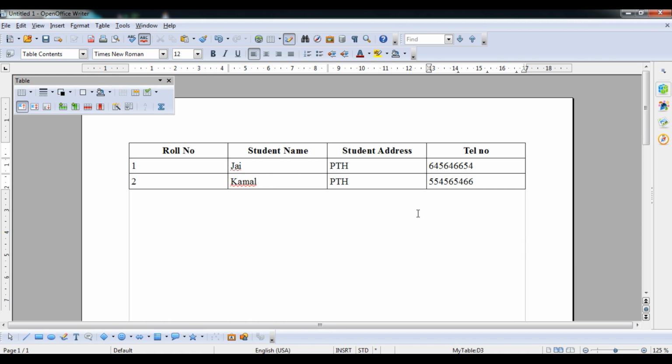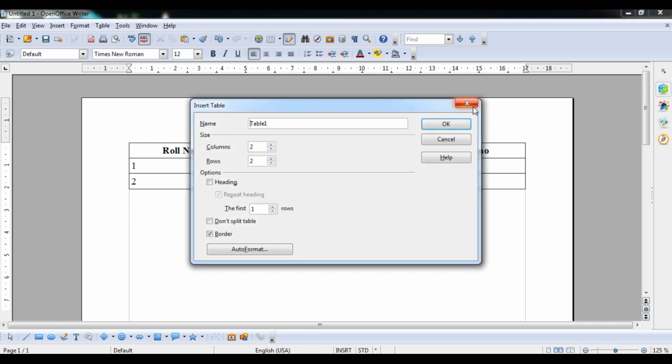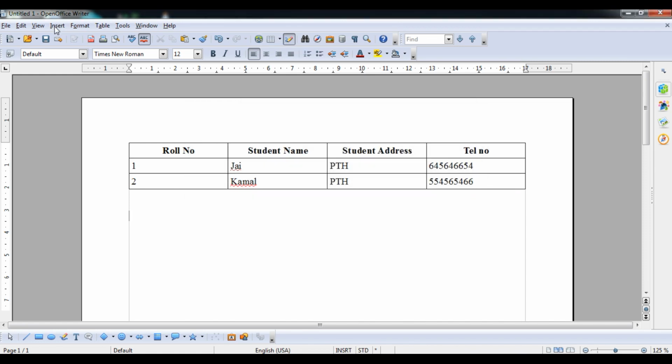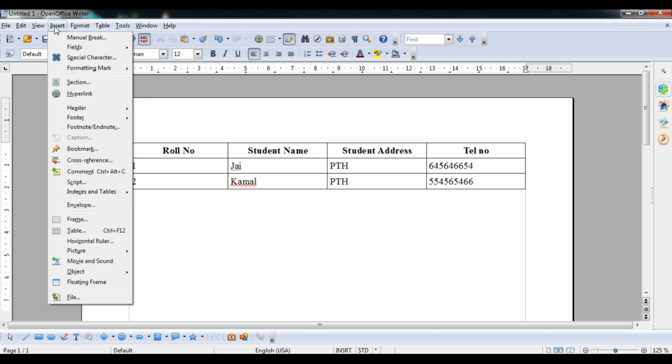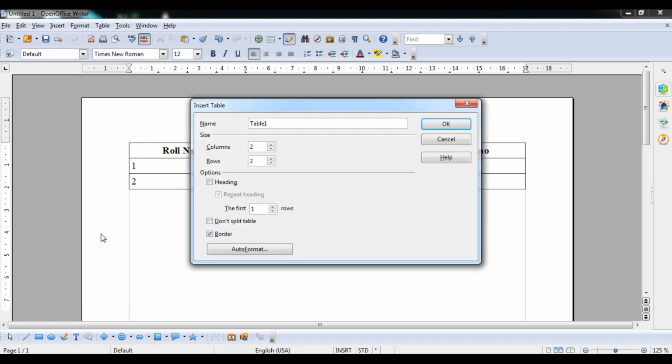Now as you see, as I created a table, this particular table property dialog box has appeared here. It will ask you for modification also. So what I will do student, I am going to create another table. If you click on this, the same dialog box will appear. If you click on the insert option and then the table option, it is the same process. So I'm going to create another table here, that is my table 2.